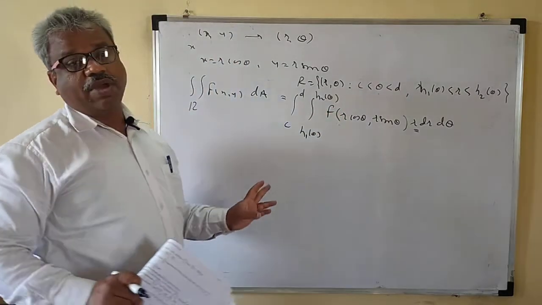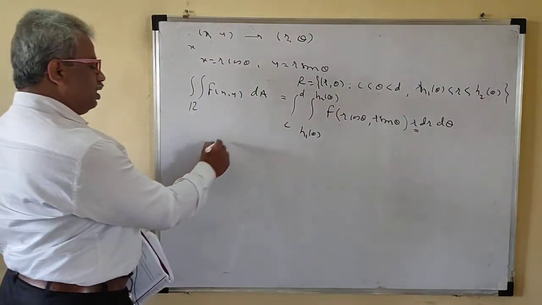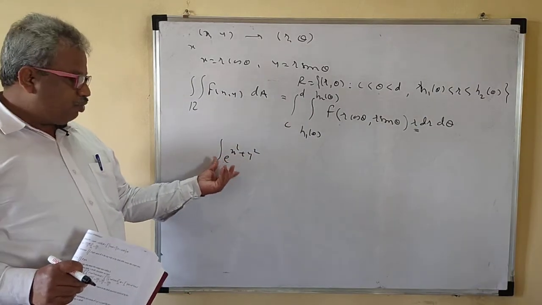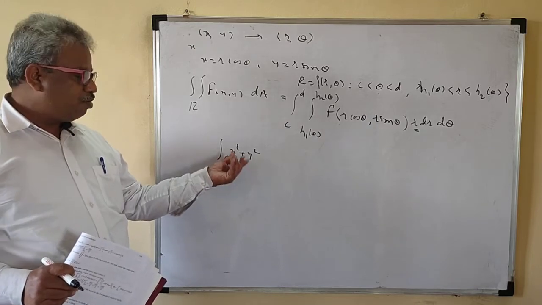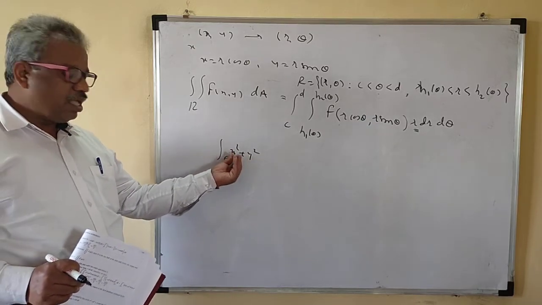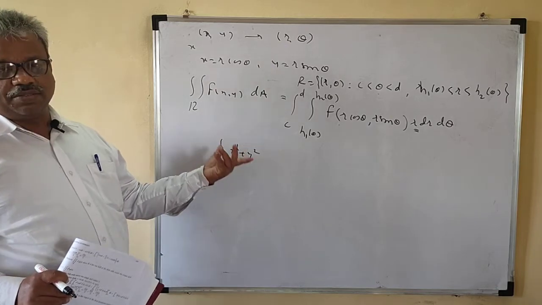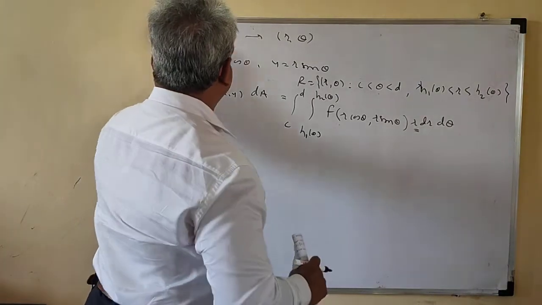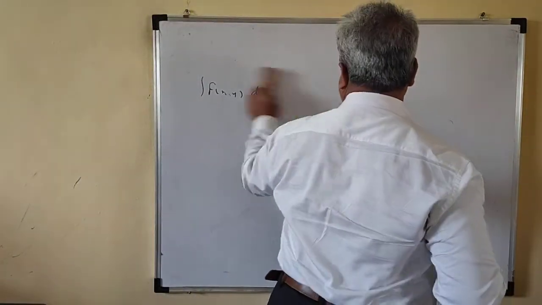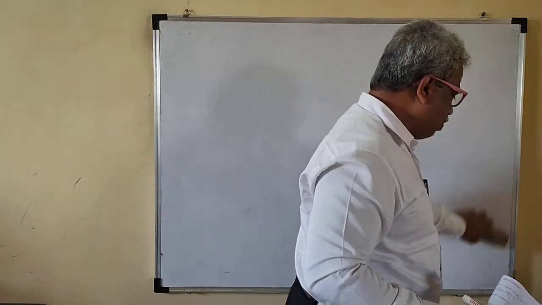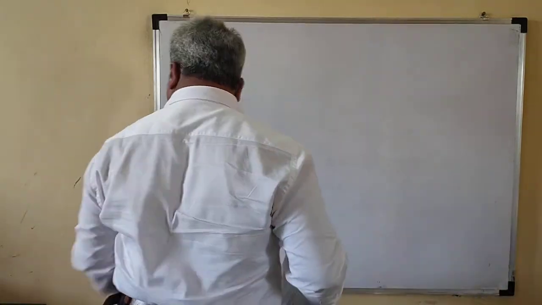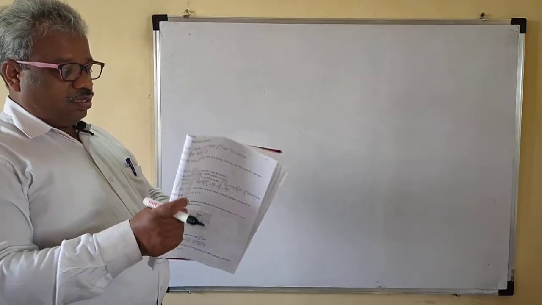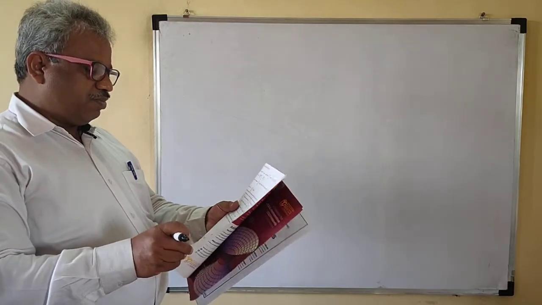Remember this if you want to evaluate the integration using polar form. If you have x square plus y square there, then use the polar form. Put x is equal to r cos theta and y is equal to r sin theta, because this will become r square, and the problem becomes easy. For the polar form, only this is important. Solving problems with the polar form is complicated, so I think it will not be asked in the MCQ.